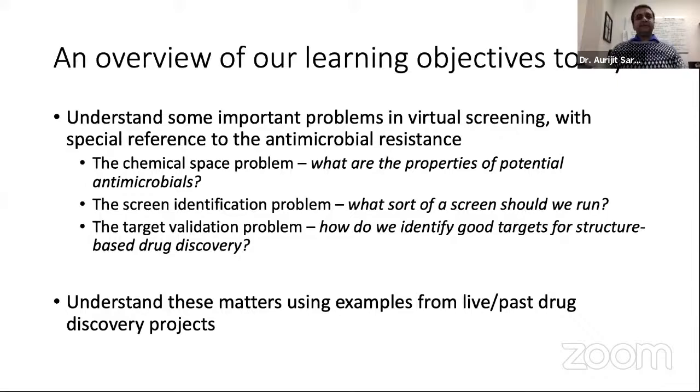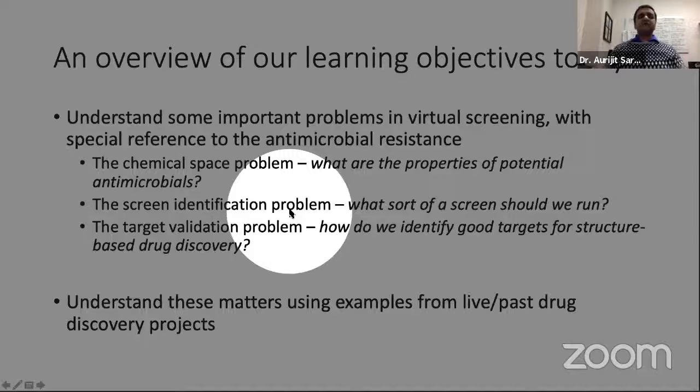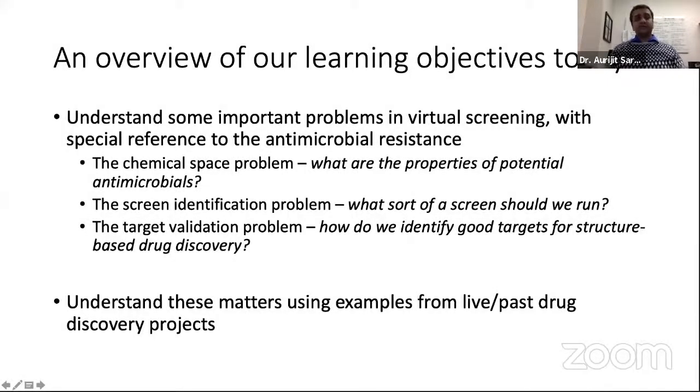The second thing that we're going to talk about is the screen identification problem. Virtual screening is not as simple as picking up a docking program and a target and identifying a bunch of chemicals that dock into a pocket. That is just one part of the screen identification problem. You have to validate these screens. You also have to think about what sort of screens you want to run. Do you really want to run a docking screen? Are there any easier options in order to generate preliminary data which might actually give you a publication or a grant? These are the types of things that you have to think about.